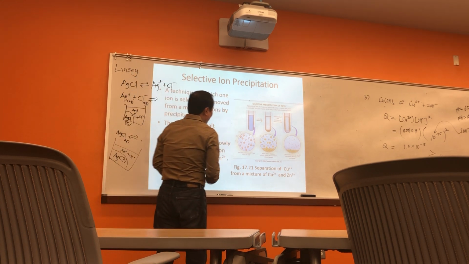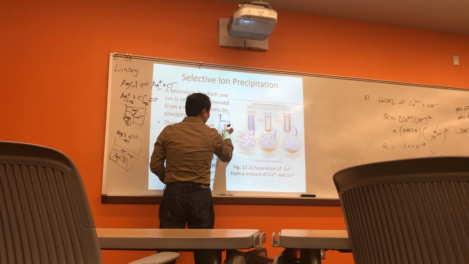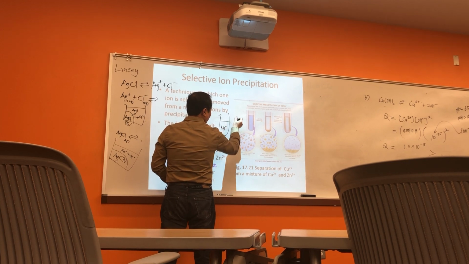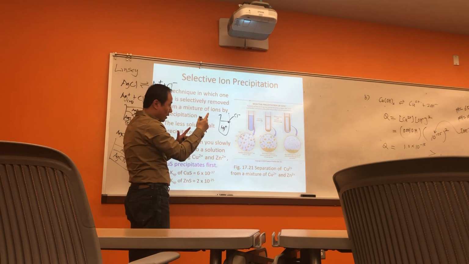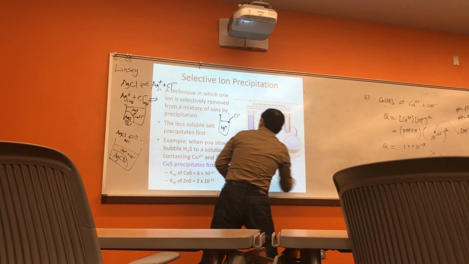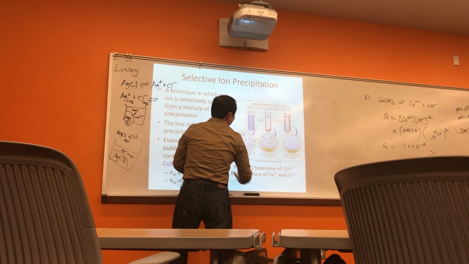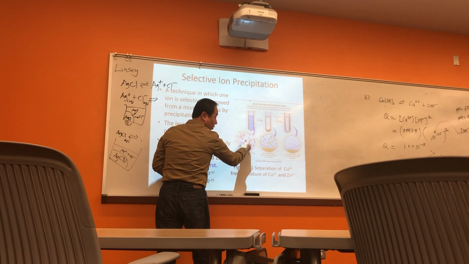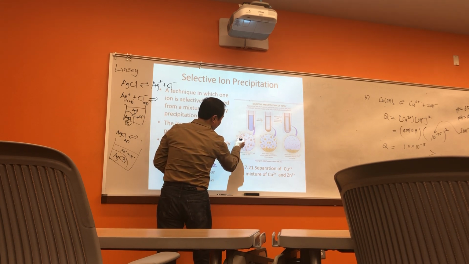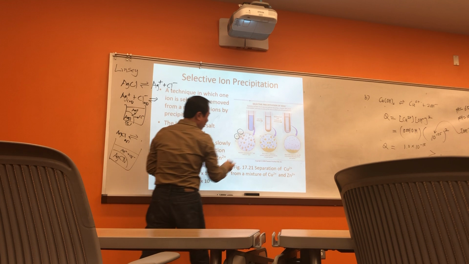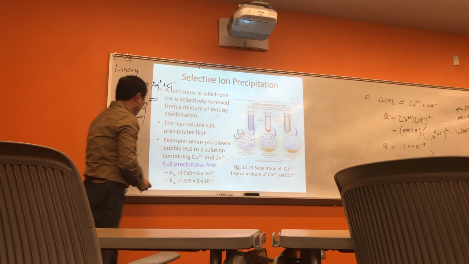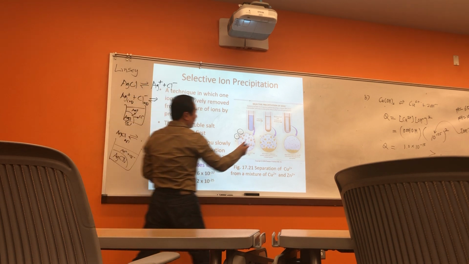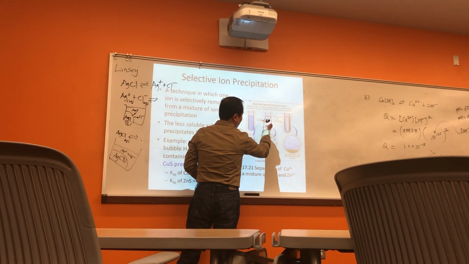Sometimes, so far you have one metal ion and you are adding a certain anion, to see if they will precipitate or not. In some other cases, you may have two kinds of metal ion, for example here zinc and copper coexist in a solution. Okay? And then when you add sulfide,